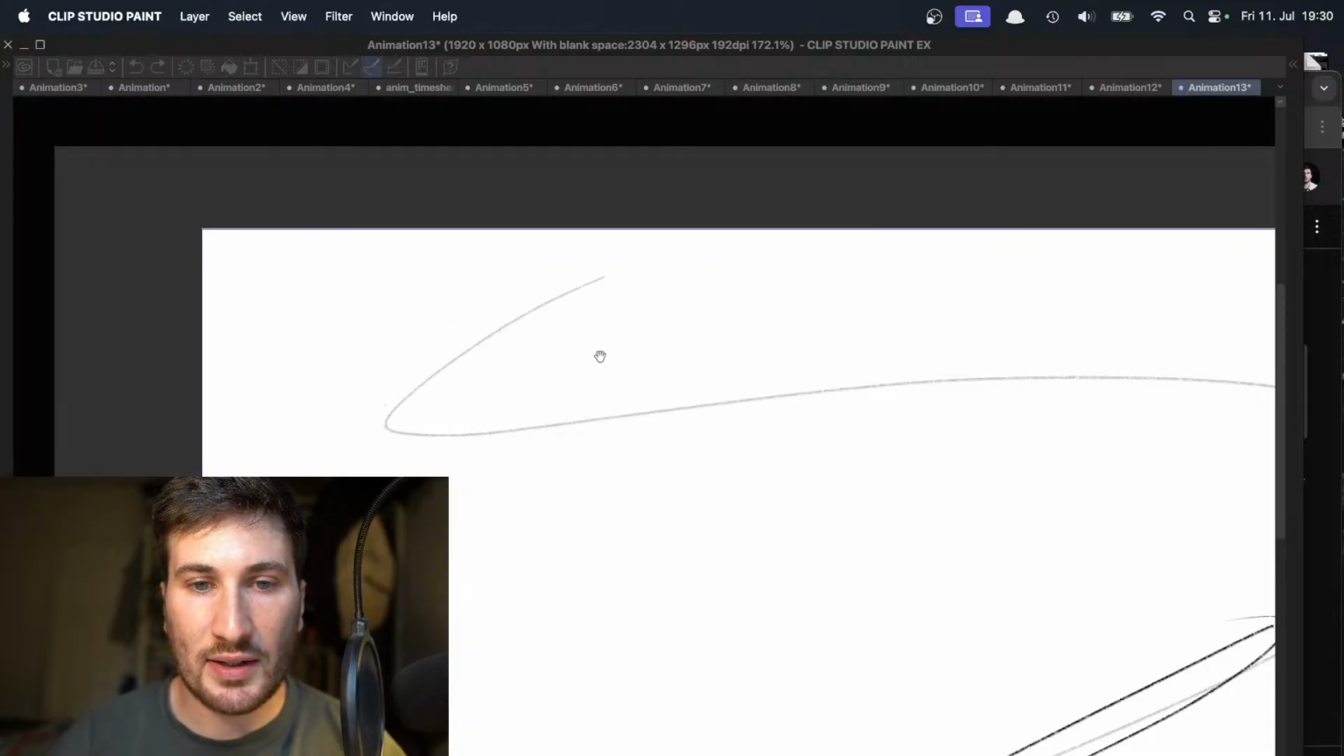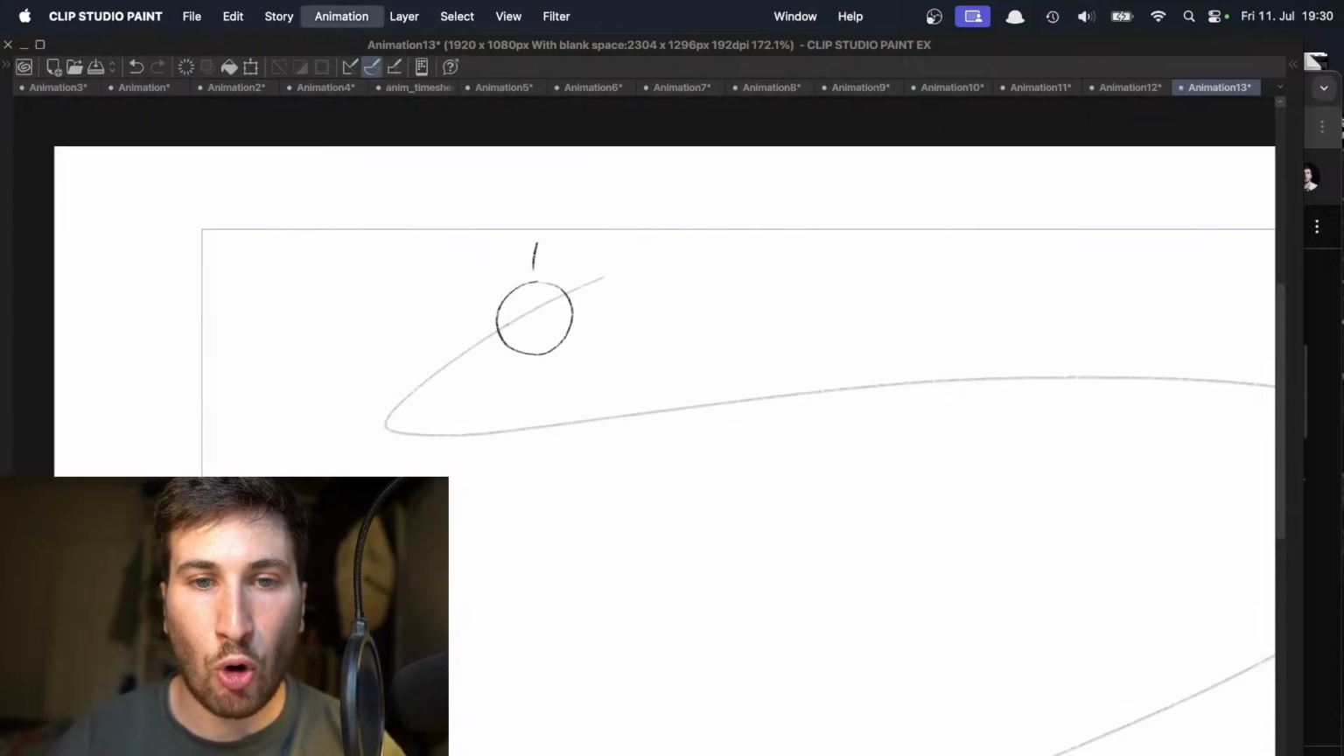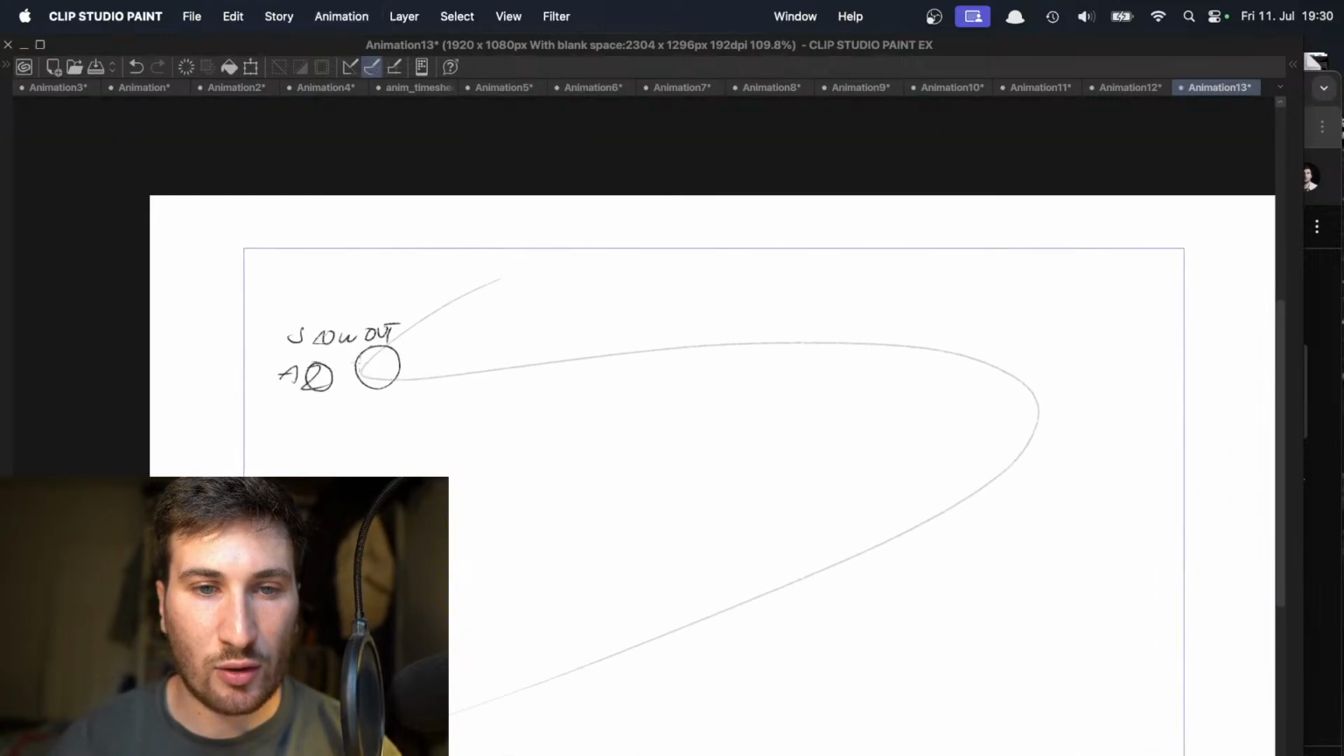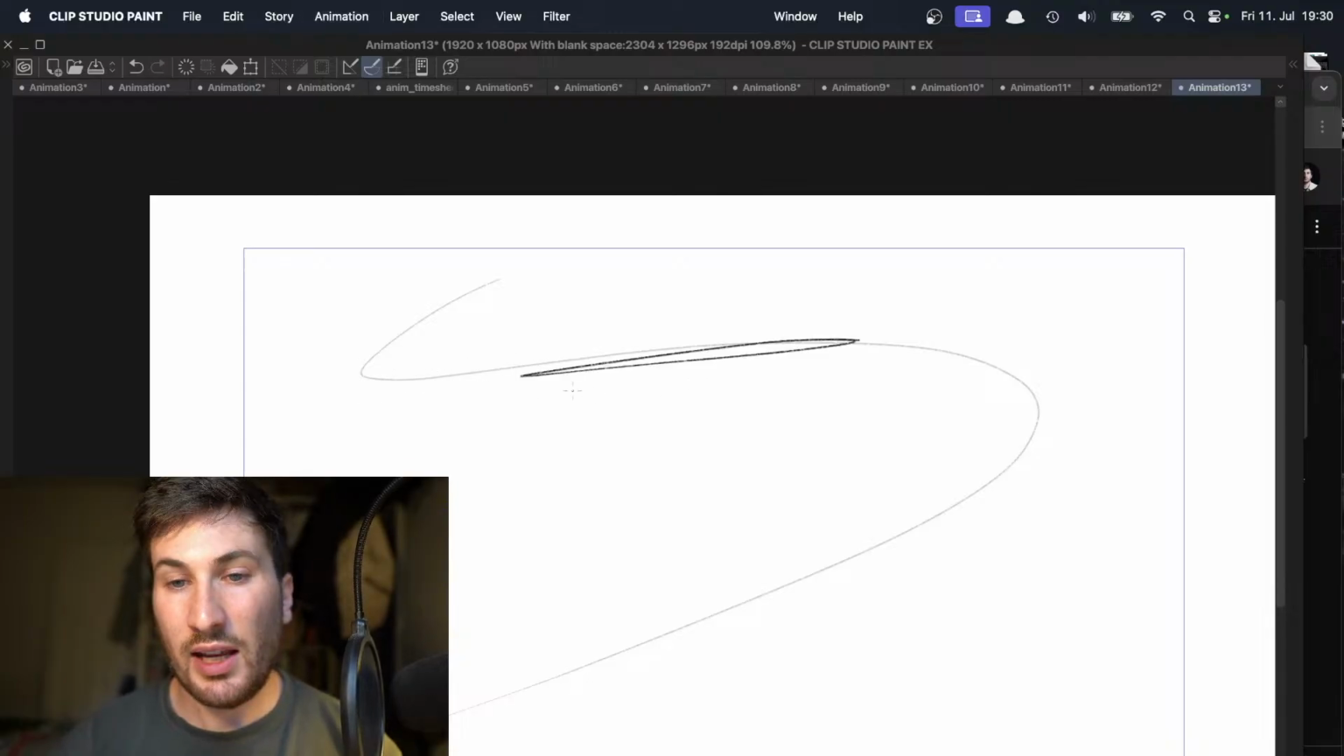This gives it a nice dynamic, and you just do it by adding more in-betweens here in the beginning, and then also before it gets to the second key drawing. And yeah, that's a little bit